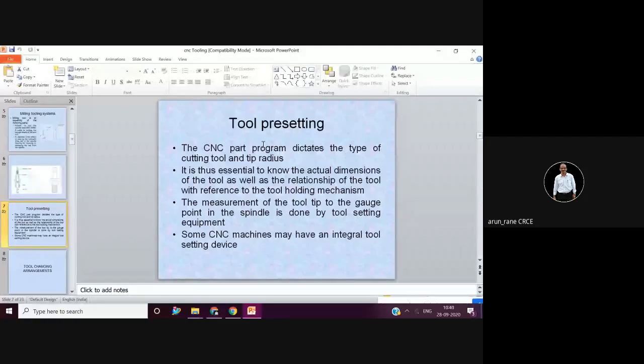Now once you have this tool diameter and length data, then you have to key this data inside the tool offset page. Now this keying in can be done in the background. In the background means now all CNC machines have background editing facility. Background editing facility means while your machining is going on, you can do editing. But definitely you cannot do the changes in the program which is being executed. Otherwise there will be havoc. You can do the changes anything else than what is being executed.